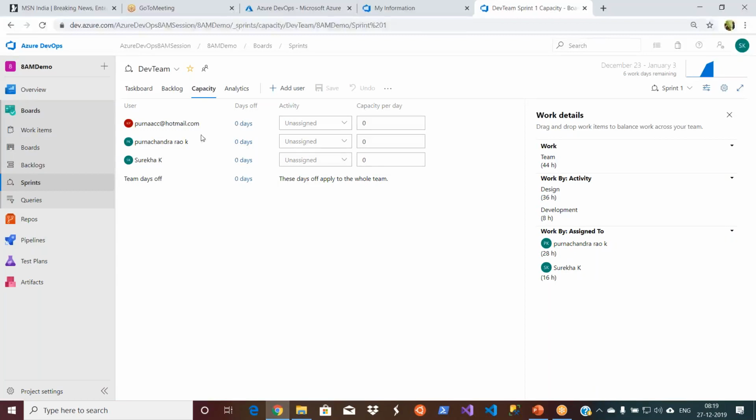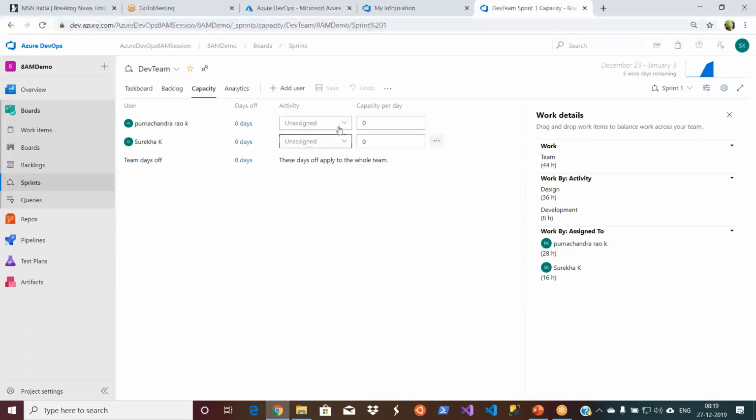Click on this tab. Now we have this. Let me delete this user because I have not added anything to this. I have not assigned anything to this first user. Okay, I can go and click on this more button, remove this user. You can simply save it first. Okay, now what I'm going to say, I'm having design and development activities, right? I'll possibly keep the activities related to that. Of course I can keep it anything else as well.